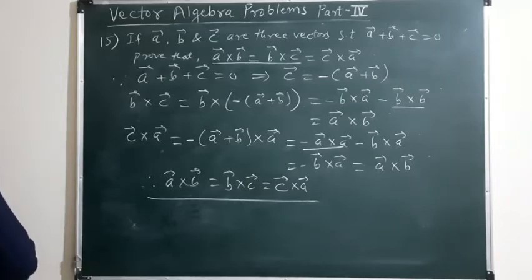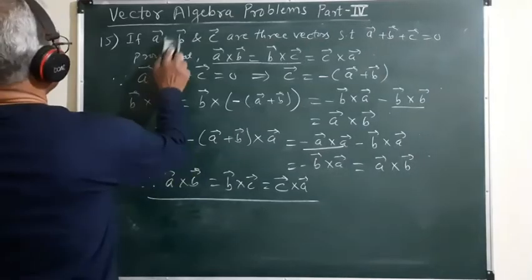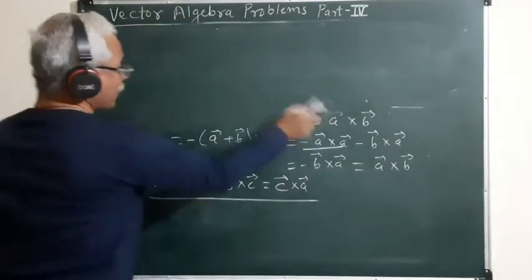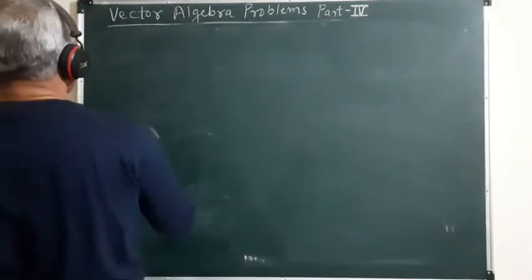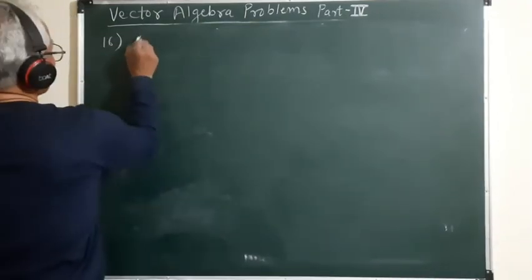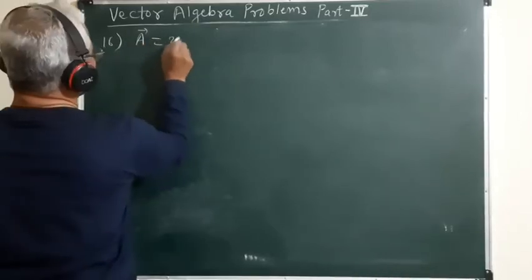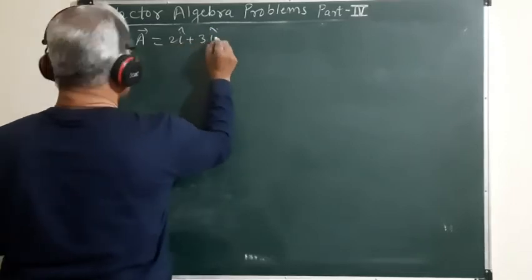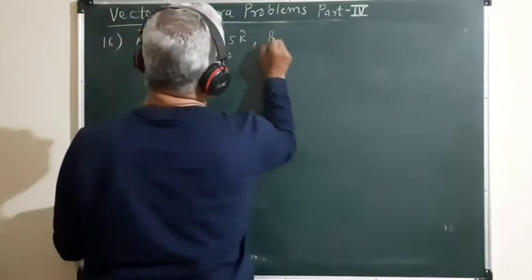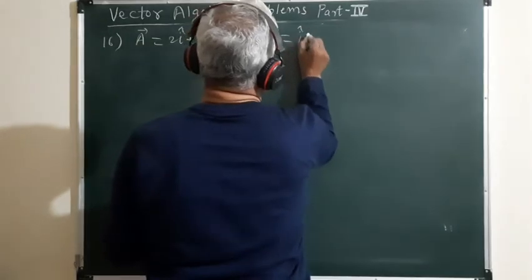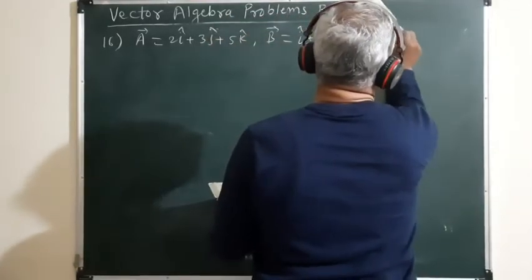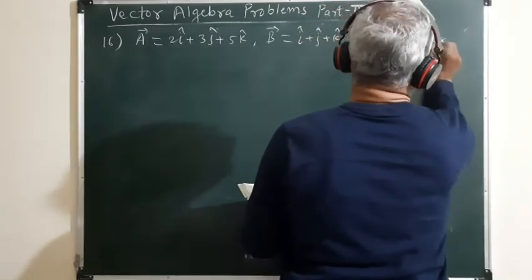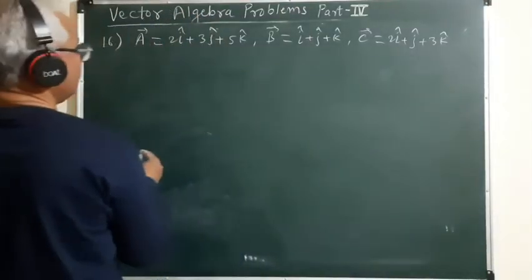Then let us see the next problem. We are given the three vectors defined as A bar equal to 2i cap plus 3j cap plus 5k cap, B bar is equal to i cap plus j cap plus k cap, and C bar is equal to 2i cap plus j cap plus 3k cap. And we are asked to show that